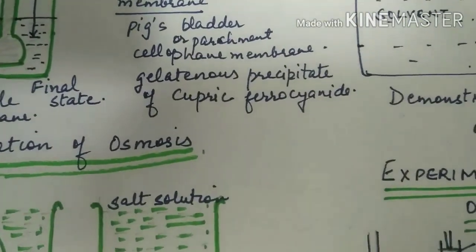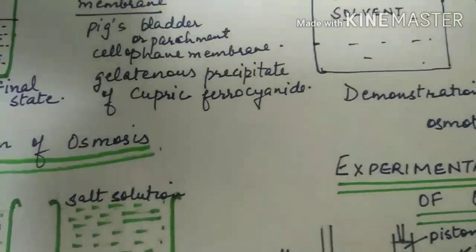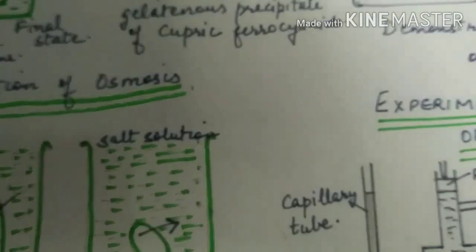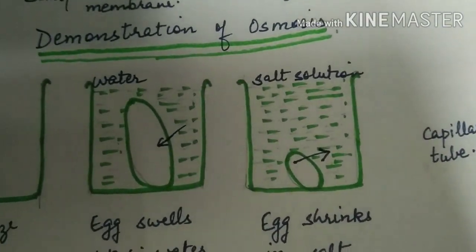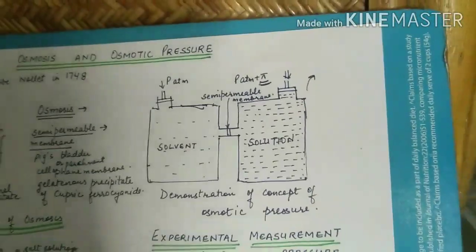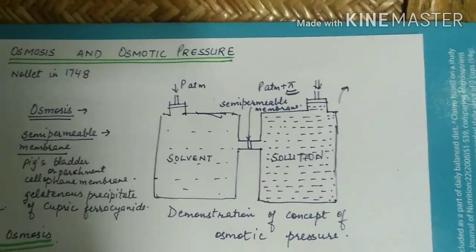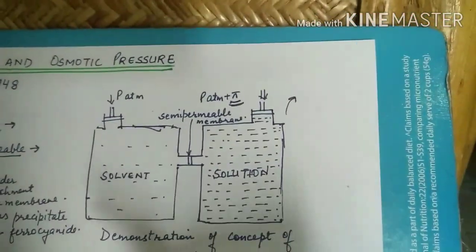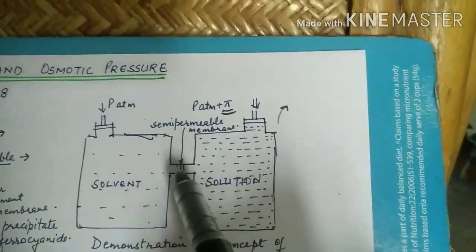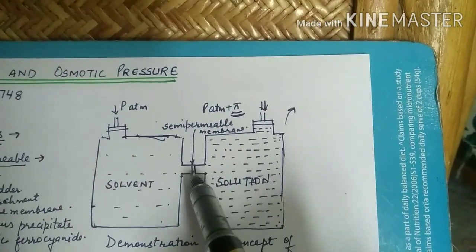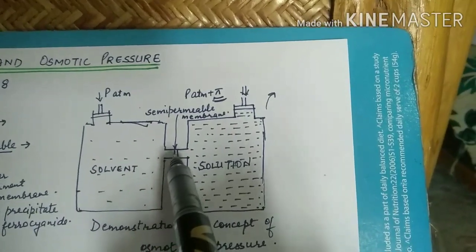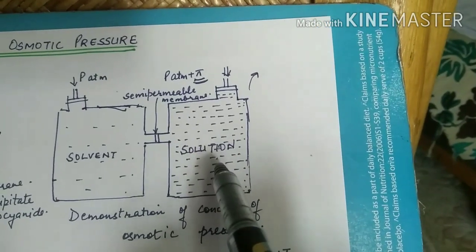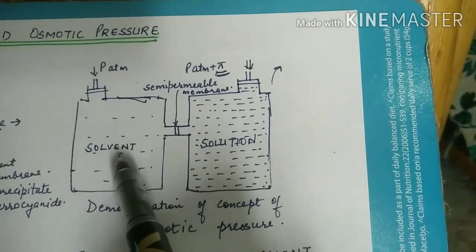So what is osmotic pressure? The equilibrium hydrostatic pressure on the solution due to osmosis of the pure solvent into it is called osmotic pressure. Alternatively, we can find another definition of osmotic pressure. For that, we will consider the following setup. Here we have taken two compartments which have been joined together, and there is a semi-permeable membrane placed in between. This part of the vessel is filled with a concentrated salt solution, whereas this one is filled with plain water.